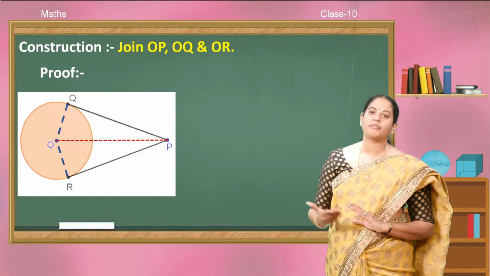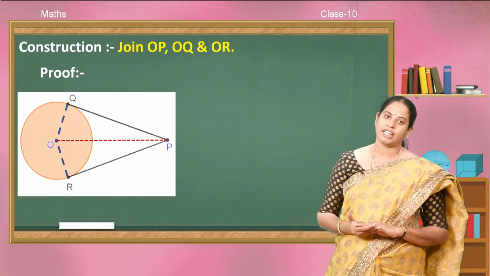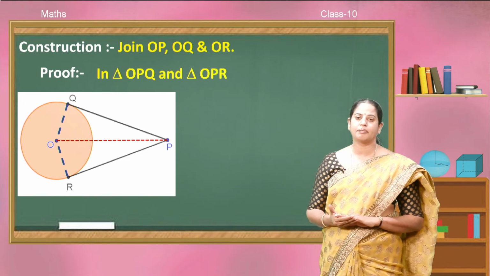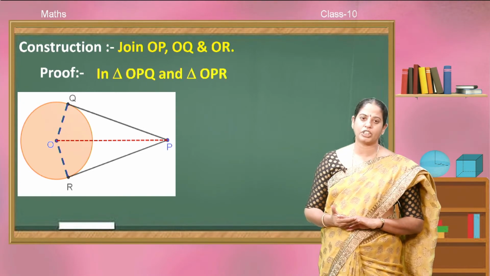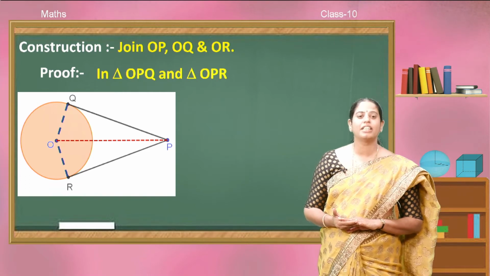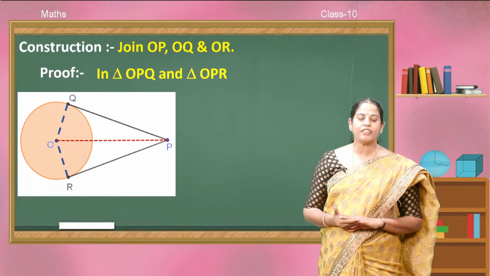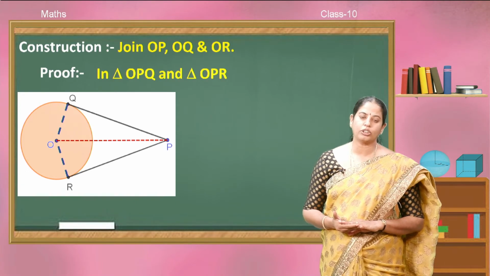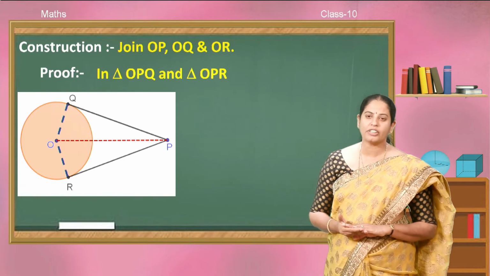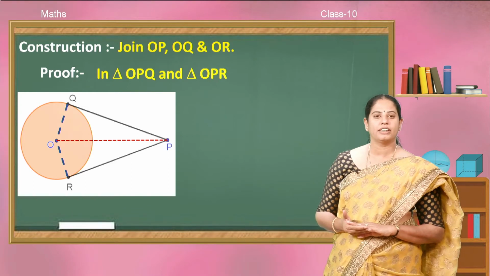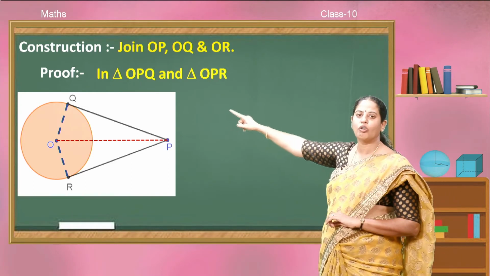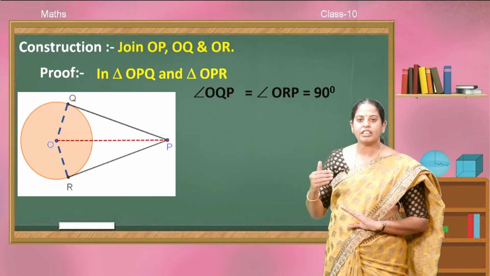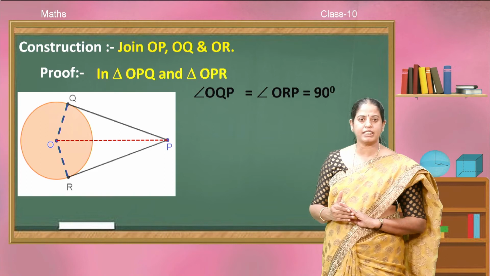How are we going to prove these two triangles are equal or the same? Here we take the help of congruency of triangles. So, we have SSS postulate, SAS postulate, ASA postulate and RHS postulate on triangles. Here we are using one of the postulates to show that PQ is equal to PR. Which is the postulate we are going to use here? First consider the triangle OPQ and triangle OPR. Now list what are all the things you know in these triangles.